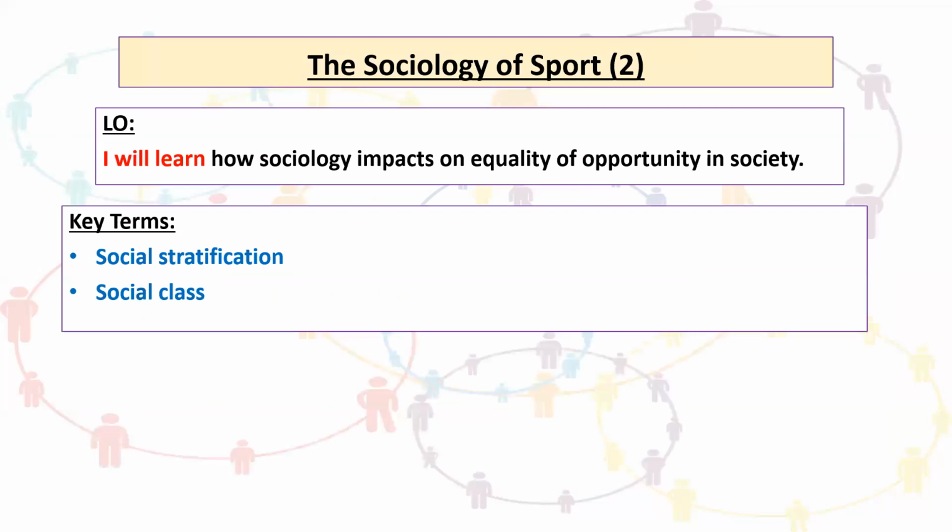Okay, so essentially we're just picking up from where we left off yesterday. It's still the sociology of sport, but it's part 2 of this, same learning objective, a couple of different key terms that we're looking at today. Social stratification, sounds very complicated, and social class. So just make a note of that, worth going new page, note down title, date, learning objective, and the key terms at the top, just so it's clear in your folder, rather than just a random bit